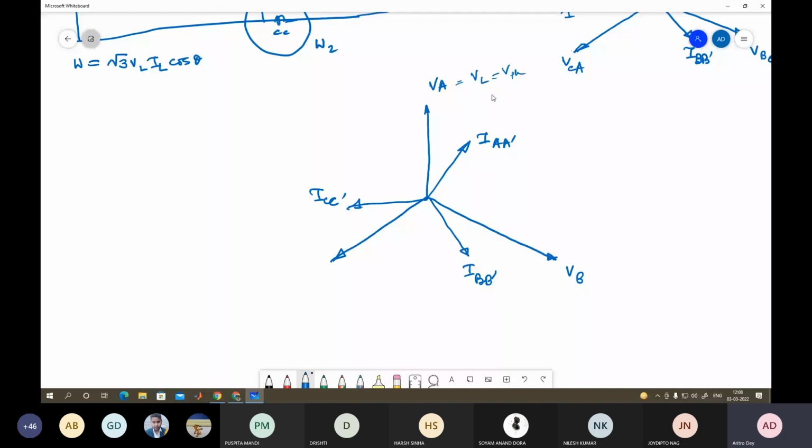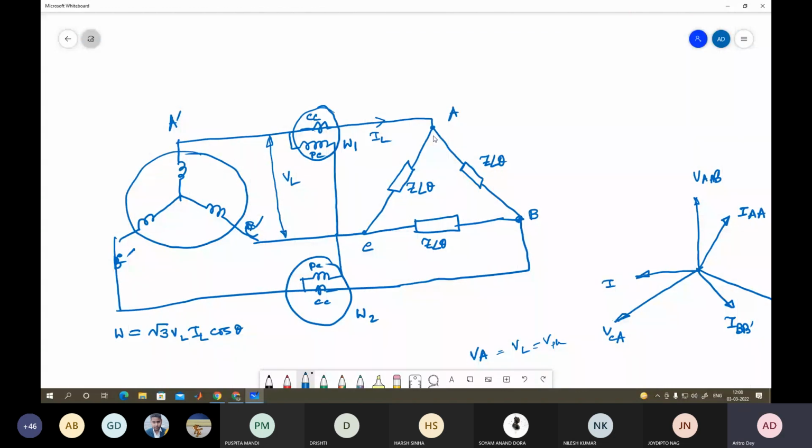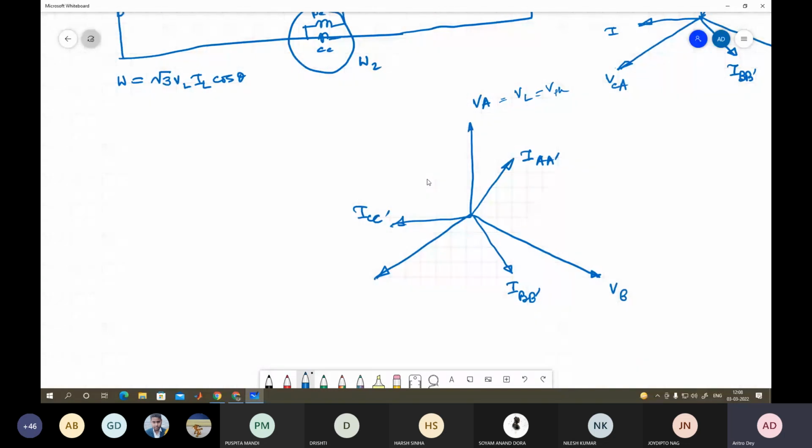load. Okay. And what we are measuring, if you look back here, we are measuring between the line voltage VA and VC, so VAC, and we are measuring current through the current coil IA dash. To measure the voltage VAC, this is your VA and this is your VC. So VAC equals VA minus VC, right? So if you take VC on this side, and complete the phasor sum, this is your theta,